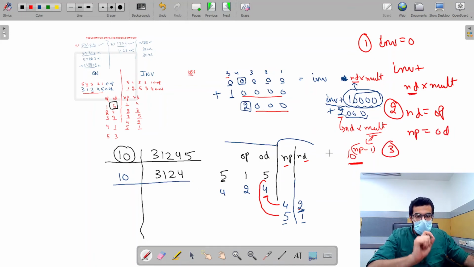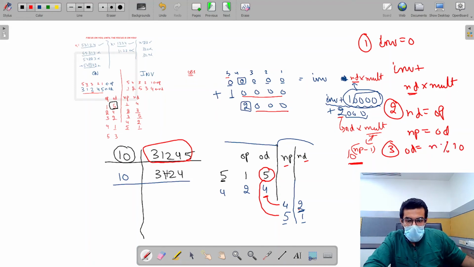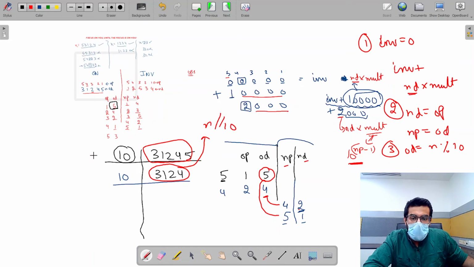The third observation is that this original digit is actually the remainder when we divide this number by 10. So original digit is number modulus 10. And each time we are getting this quotient. What is this quotient? When n is divided by 10, this is the quotient, and this quotient becomes the dividend for this particular step.